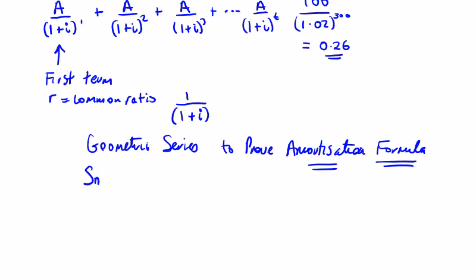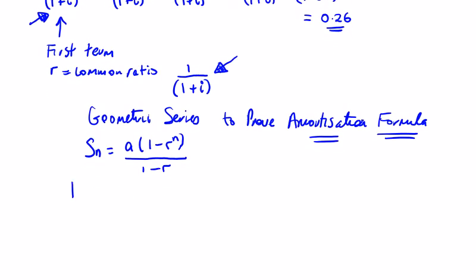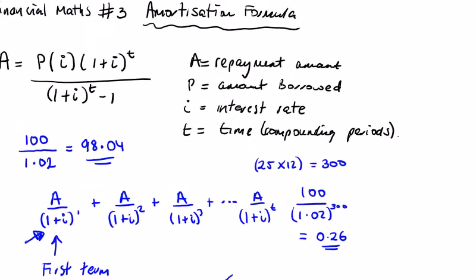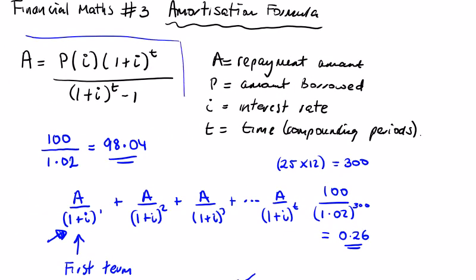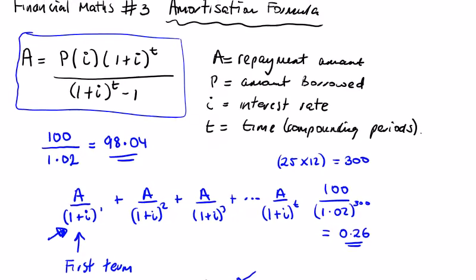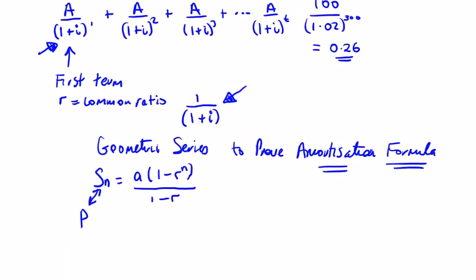Geometric series is the sum of all the payments is equal to A times 1 minus R to the power of N over 1 minus R. And my A I have here is this one here, A over 1 plus I. And I have my ratio, which is this guy 1 over 1 plus I. So this is what P will become. P is equal to Sn. So we're looking to get this formula up here. A is equal to, so we're going to end up with A on its own. So we're trying to isolate A in the amortization formula, which will be the amount that we pay back every